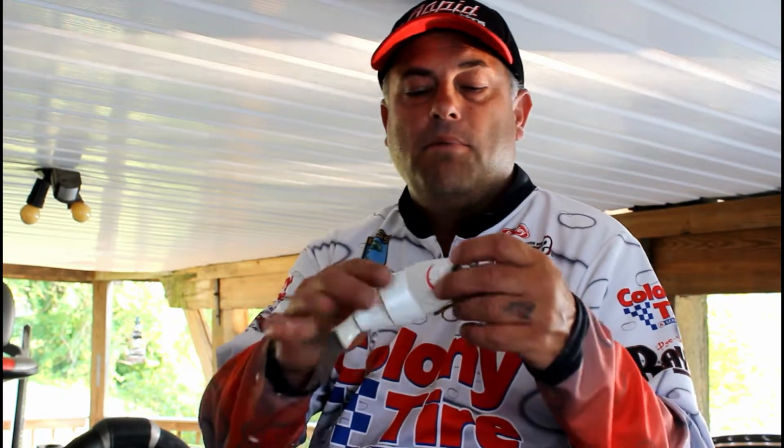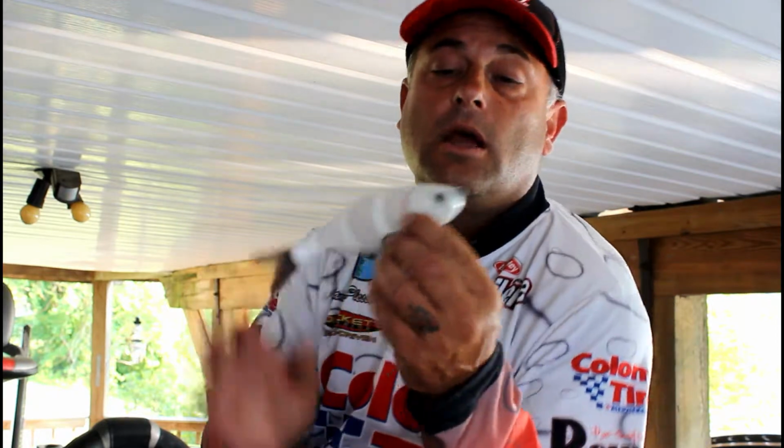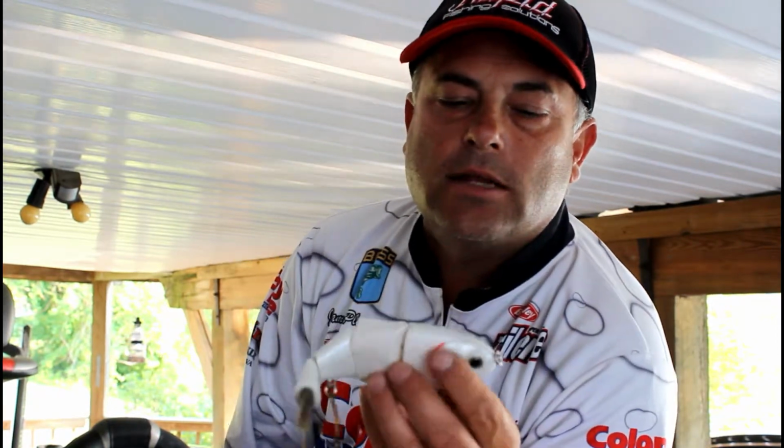So those two combinations, that was my go-to during the tournament. Now, one way that I found a lot of these fish during the pre-fishing is I took the Boyd Duckett 6-inch BD shad, and what I would do with this big BD shad is I'd swim it down alongside of the docks. It's got a great action for swimming down alongside of the docks, and a lot of those bigger fish, they would come out, they wouldn't commit to it, but they'd show themselves, and I would mark that dock, and I'd come back and I'd fish for them, and that got me some bites right there just following up